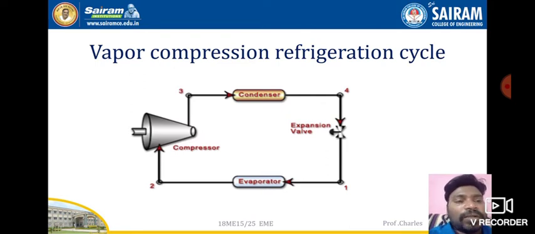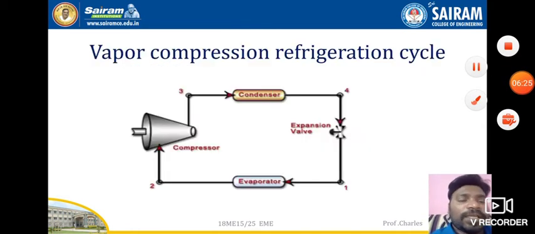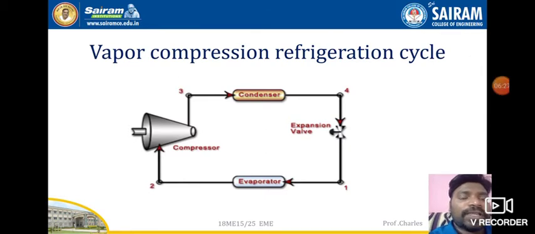Low pressure, low temperature will be the same, but the only change is that liquid will be converted into vapor. And when it passes on to the compressor, the compressor compresses the fluid, so the temperature and pressure will be increased. So vapor refrigerant, low pressure, low temperature, after passing through the compressor, will become high pressure and high temperature, because that is the function of the compressor. Compressor compresses the fluid and increases the temperature and pressure of the fluid or refrigerant.